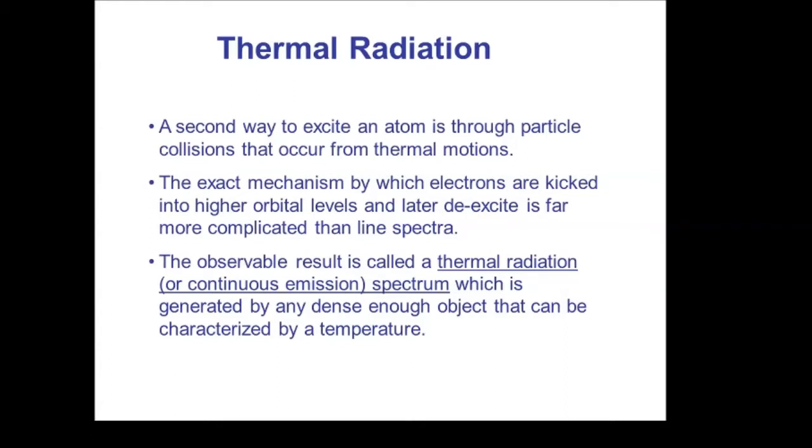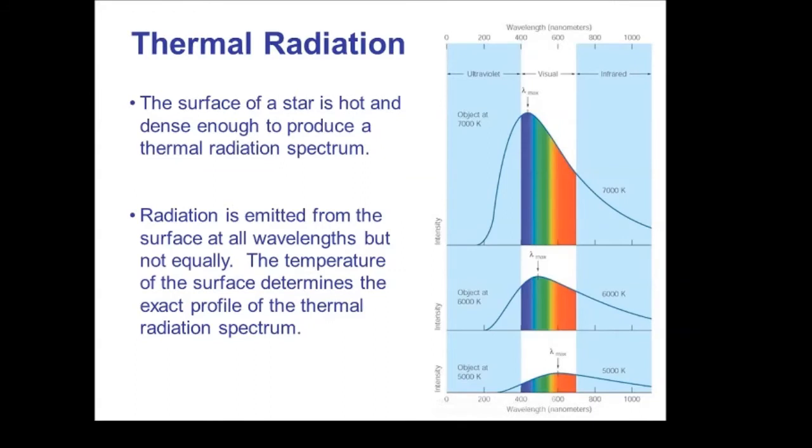And the way that that looks is illustrated in this picture here. Now, on the right-hand side, we have 3 different examples of extremely hot objects. So the one at the bottom here is at 5,000 Kelvin. The middle one's 6,000, and the top one's 7,000 Kelvin. Okay, those are common temperatures you'd have for stars. These are not temperatures you would experience on Earth at all. Okay, if you experience these temperatures, you're going to be dead. Okay, these are way too hot. I mean, that 5,000 Kelvin temperature, that's around 9,000 Fahrenheit. Okay, so that's extremely